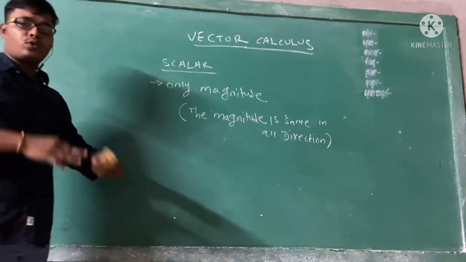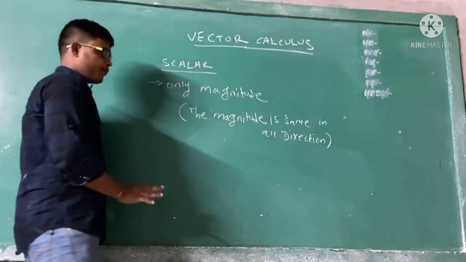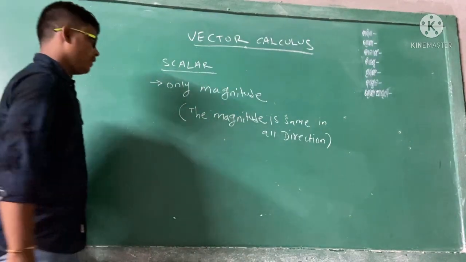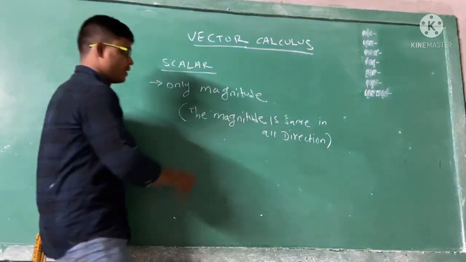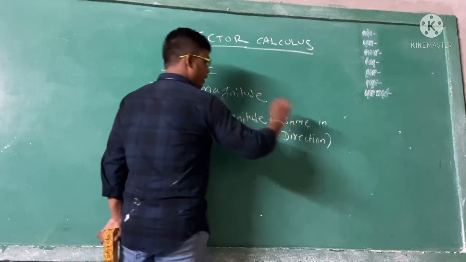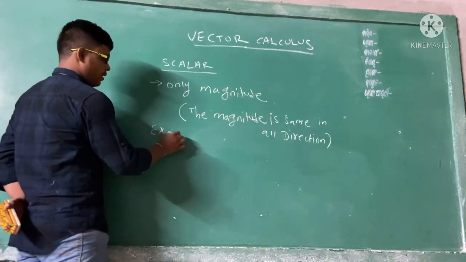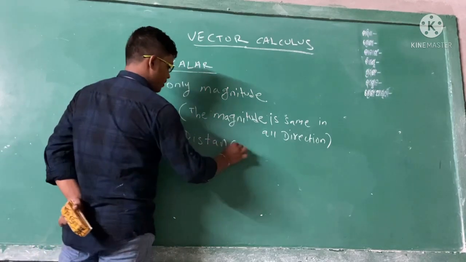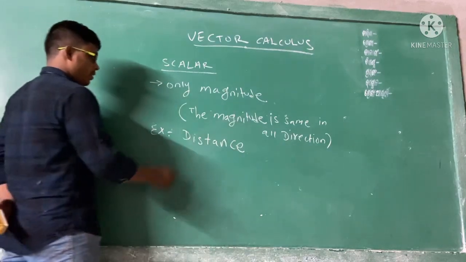So what are the scalar quantities that will never change if you go in any direction? So that comes under the category of the scalar. So remember, what are the scalar quantities? One of them is the mass. Mass is a scalar quantity. So the unit of mass is kg and the dimension is capital M.